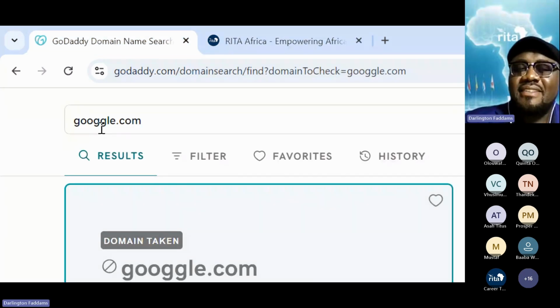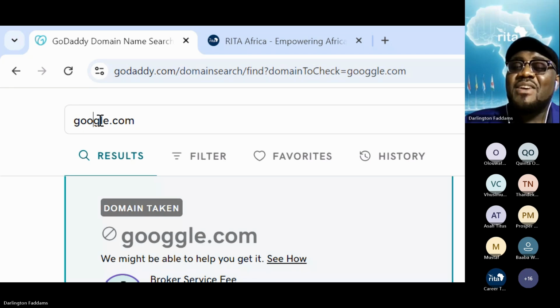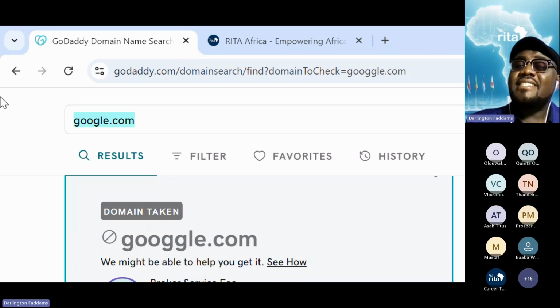If you want to buy a domain and you intended to register google.com and you registered Google with double G, and you have finished the process, you have paid for it, there is nothing like, okay, let me edit and remove one G. There is nothing like that, because by making any change, it is a different name now.